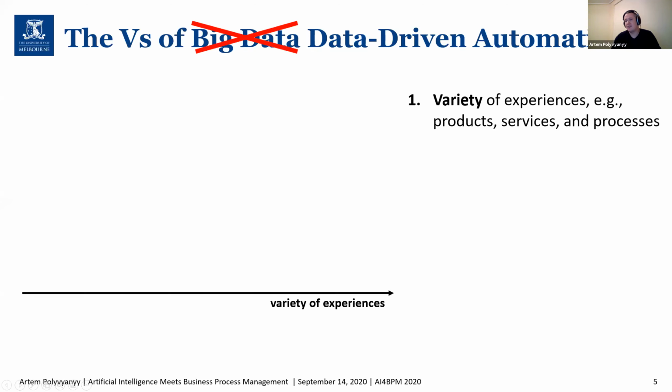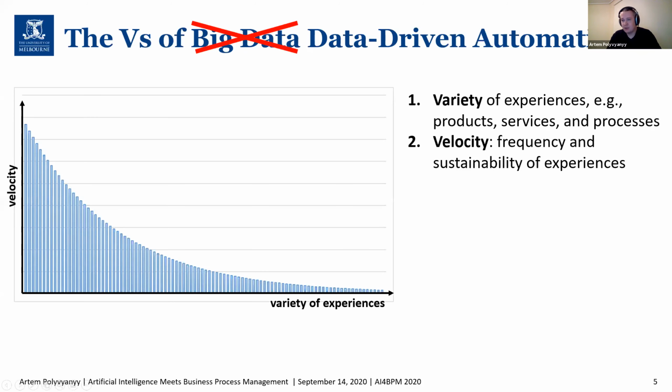V is variety. So here we refer to the variety of different experiences, like, for example, products, services, processes that are offered to customers. So let's arrange these experiences on the x-axis. Naturally, we will strive to increase the variety of experiences offered on the market as well. If you think about it, it indirectly suggests the level of development of a certain society. And the second V